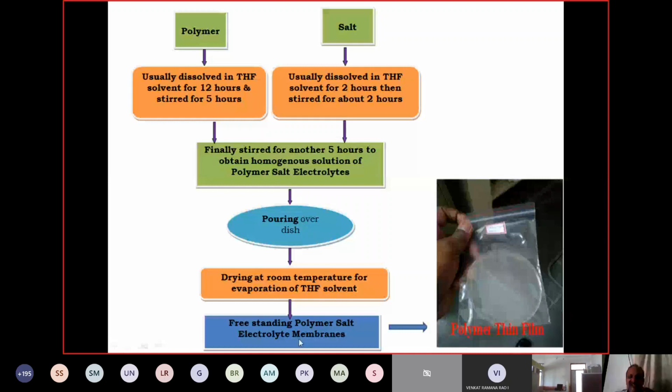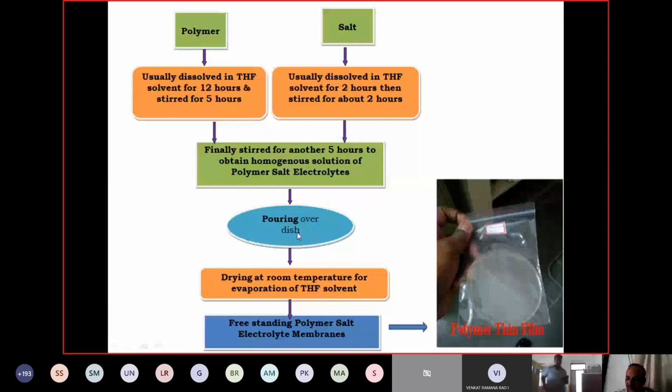It is very simple. You can take any polymer, like polyethylene oxide or PVDF-HFP, etc. Then you take any salt like lithium salt, depending on the application we need and the desired material we require. We add the salt and the polymer, dissolve in the solvent, mix both solutions, stir for a few hours, pour onto dishes, then evaporate. Finally, you will get the freestanding film. Like this.